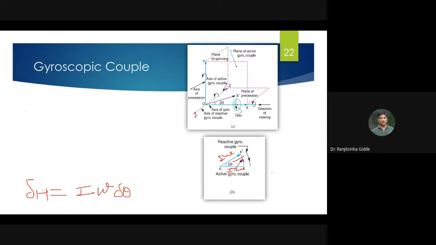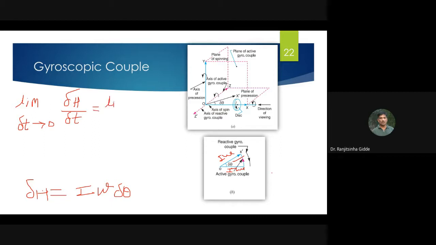So whatever procedure we have followed for the omega p, in the same way you can write here: limit delta t tends to 0. Here we are going to write delta H divided by delta t is equal to